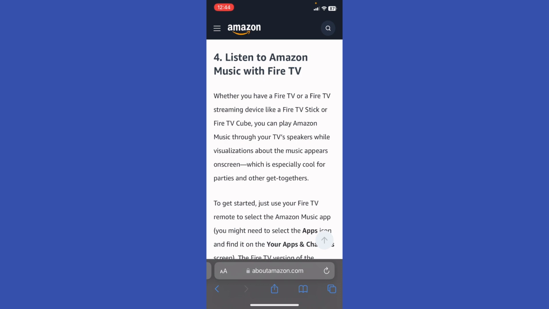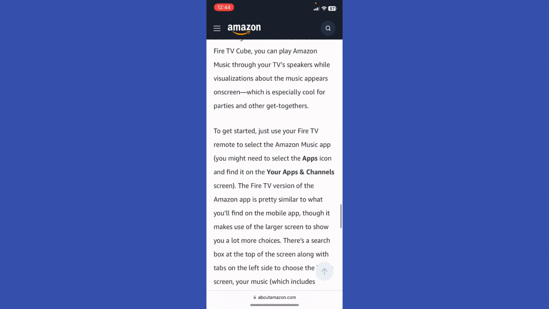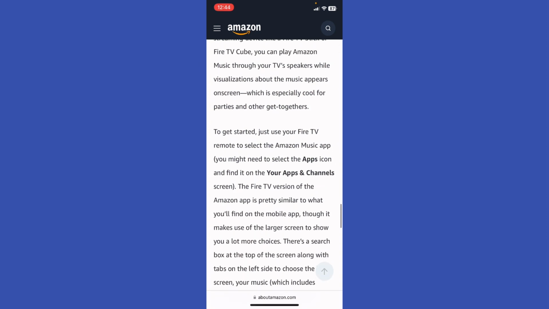The last thing is to listen to Amazon Music with Fire TV. Whether you have a Fire TV or a Fire TV streaming device like a Fire TV Stick or a Fire TV Cube, you can play it throughout your TV speakers while visualizing the music that appears on screen, which is especially cool for parties and other